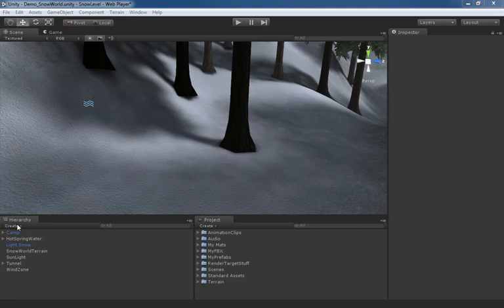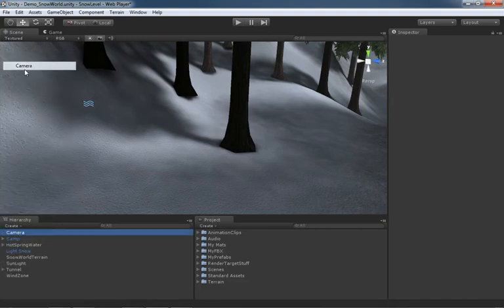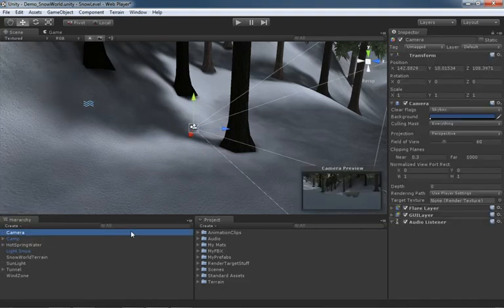First, in the hierarchy panel, I'll go under Create and make a camera. Now, the name of this camera is completely irrelevant. As a matter of fact, just for sake of example, I'm going to call this